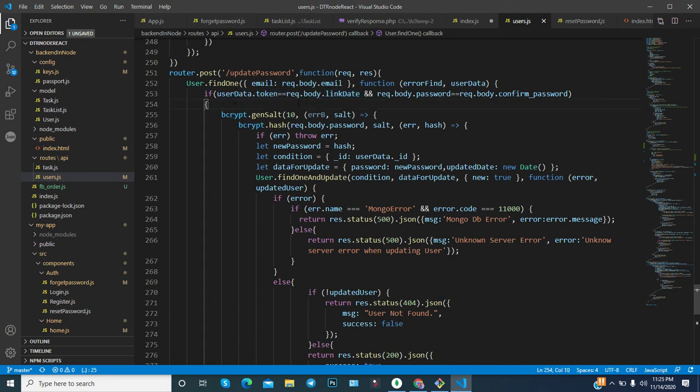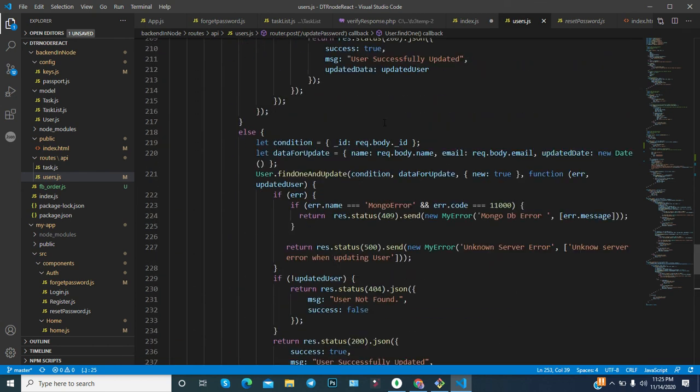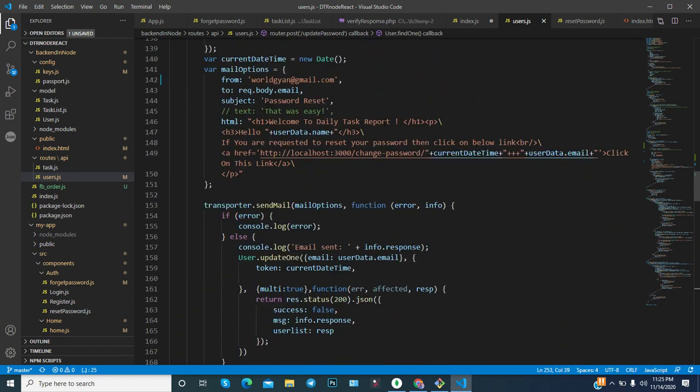In this way you can also reset, whatever date you have. This is also a best way. Whatever date you have provided, if someone changes that particular date, because this date is exposed in the URL, as you can notice, the current date time is exposed in the URL.